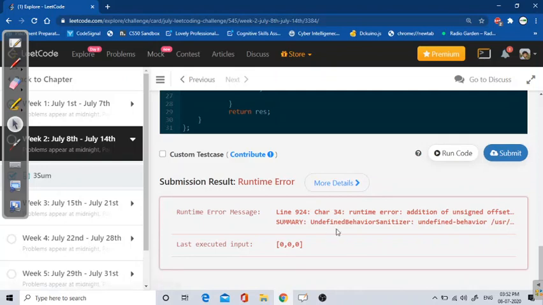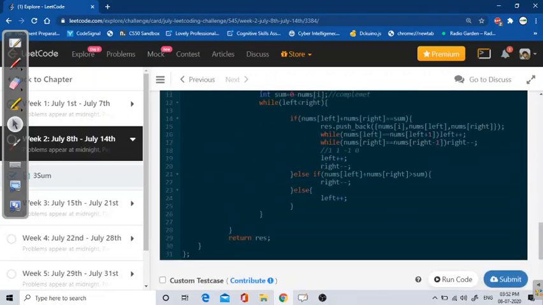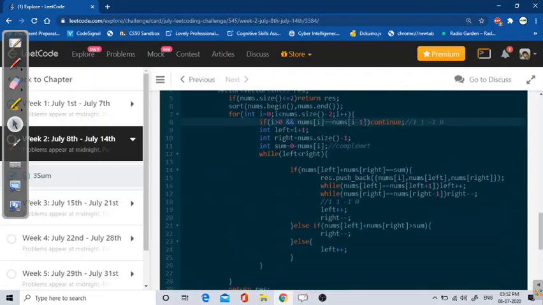We got a runtime error. Let's see what the problem is. Okay, runtime error, character 34, unsigned bit. For right we used nums dot size minus 1, and for sum I'm using 0 minus nums of i.